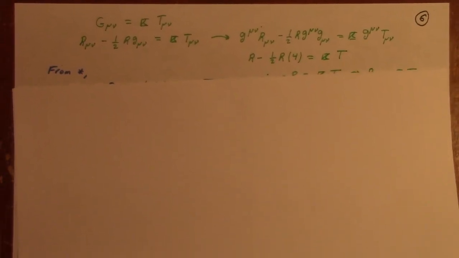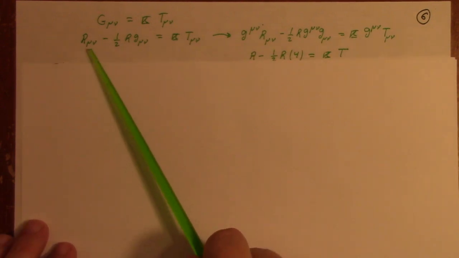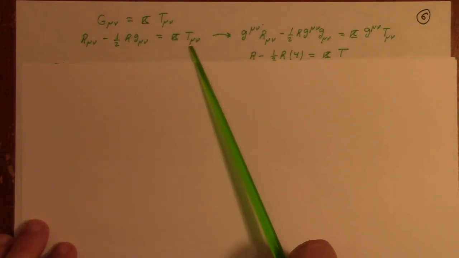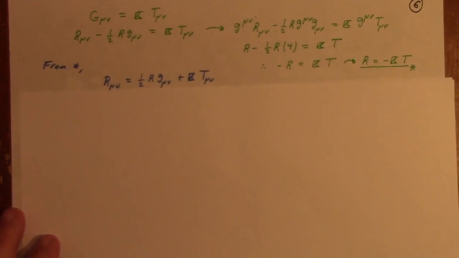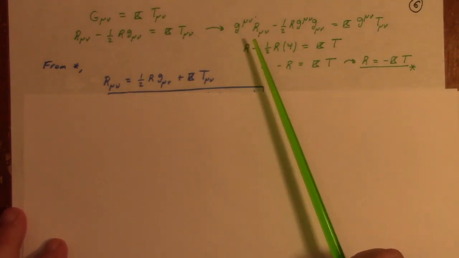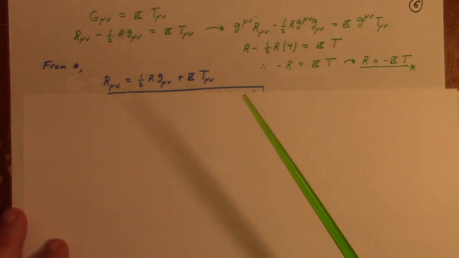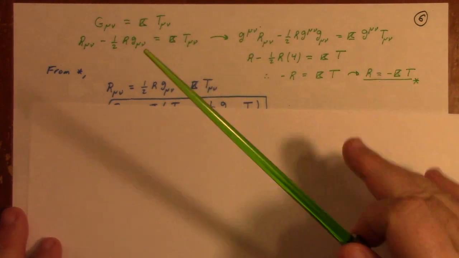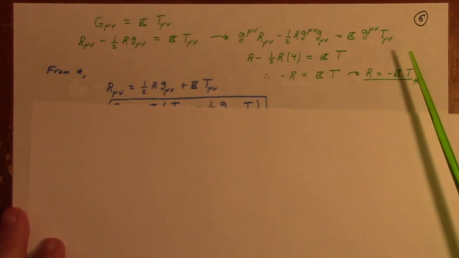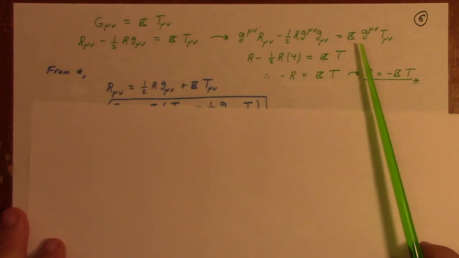So just to recap, we've got G mu nu equal to kappa T mu nu, and that is R mu nu minus 1/2 R g mu nu equal to kappa T mu nu. And of course, you can also recast that. I'm deriving an equivalent but also interesting form of this equation. We need to finish this, then we'll get back to the problem of figuring out what kappa is. So if we take the trace of this, basically contract against the metric,